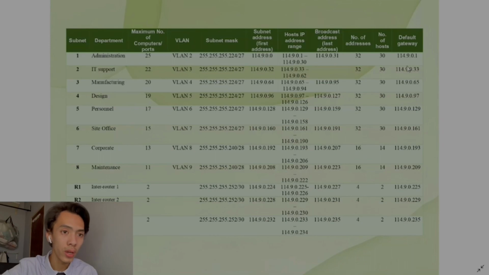For the default gateway, we are using the first number available of the IP address range. As you can see here, for subnet 1, 114.9.0.1. For subnet 2, 114.9.0.33. For subnet 3, 114.9.0.65. Subnet 4 is 114.9.0.97. Subnet 5 is